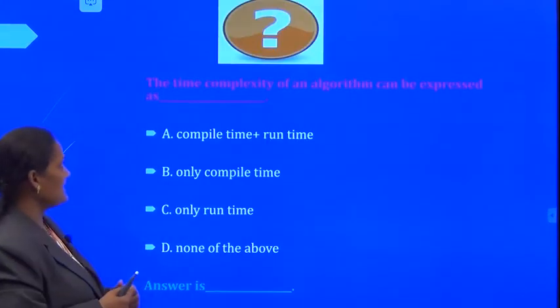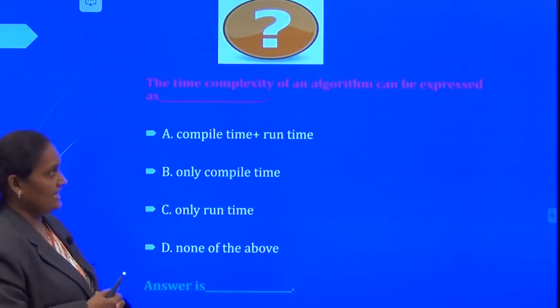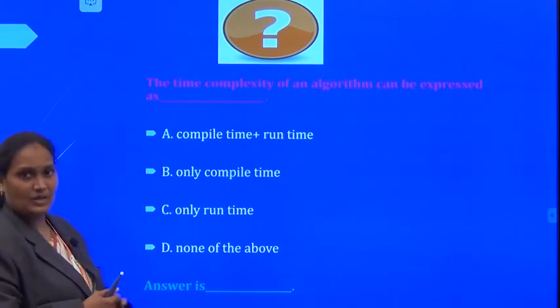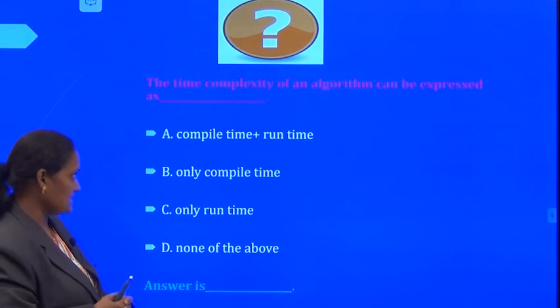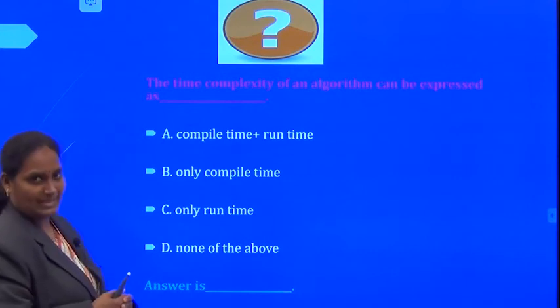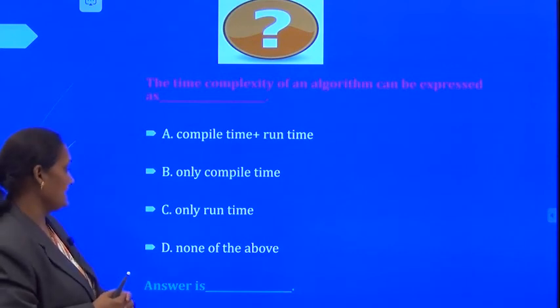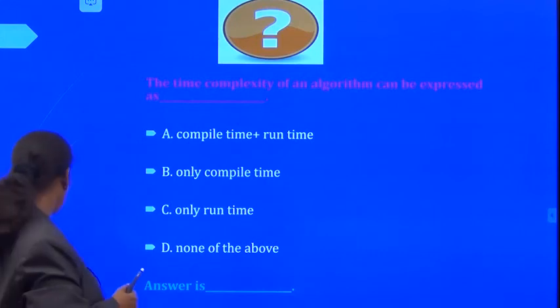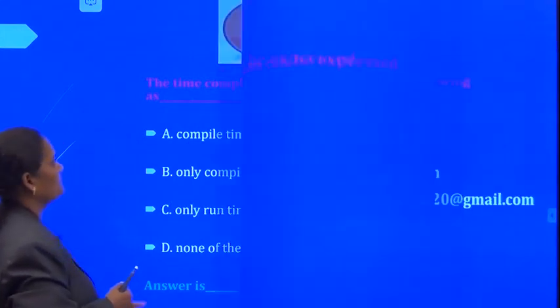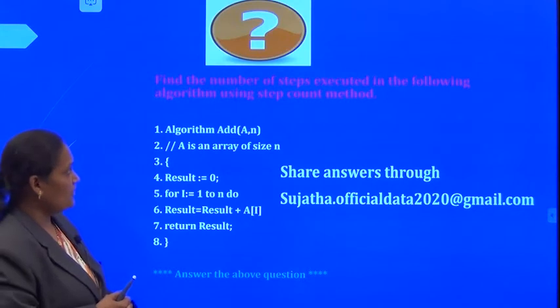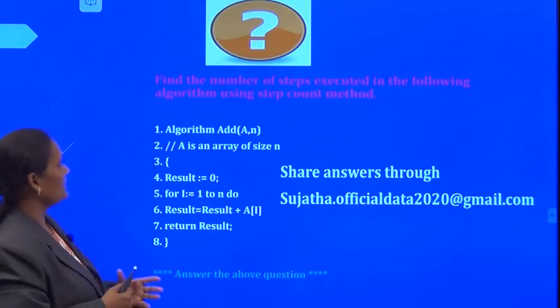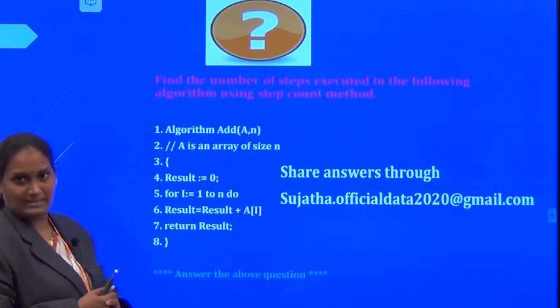The next question is, the time complexity of an algorithm can be expressed as option A, compile time plus runtime. Option B, only compile time. Option C, only runtime. And option D, none of the above. Now find the number of steps executed in the following algorithm using the step count method.